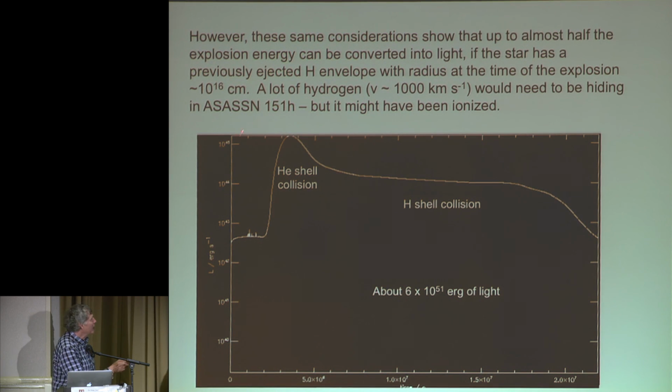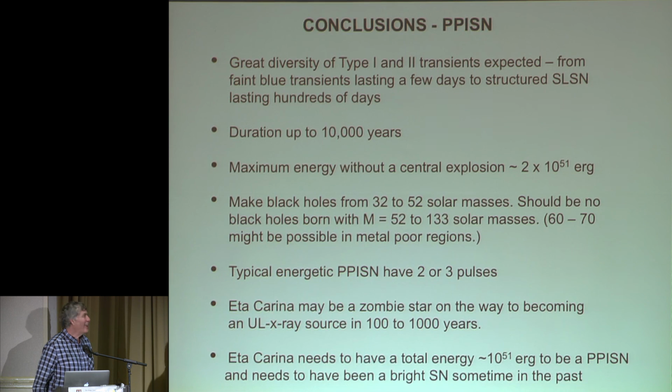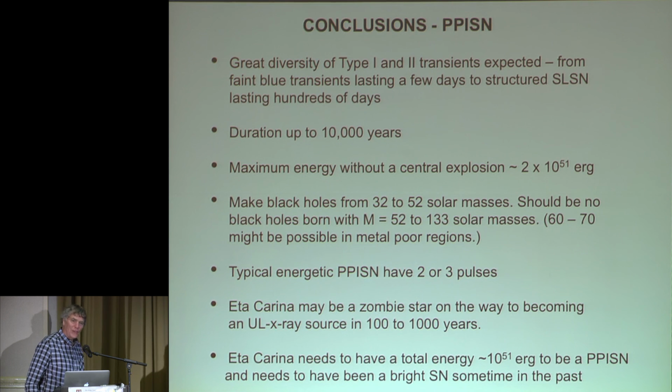And so this is 10 to the 45 ergs per second, and this is 200 and something days. This is 10 to the 44 ergs per second. So this is a super energetic supernova inside of a pulsational pair-instability supernova, starting with 115 solar masses. It'll get published by somebody somewhere. Okay. All right, concluding, you get a great diversity of events, little ones, big ones, faint ones, long ones, red